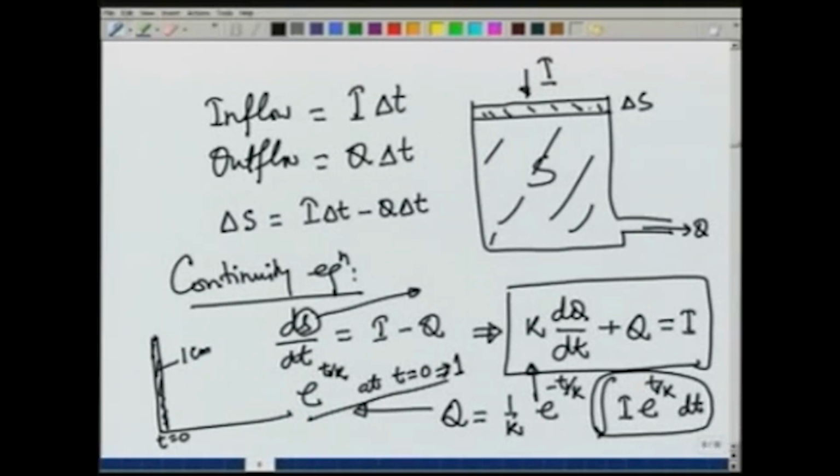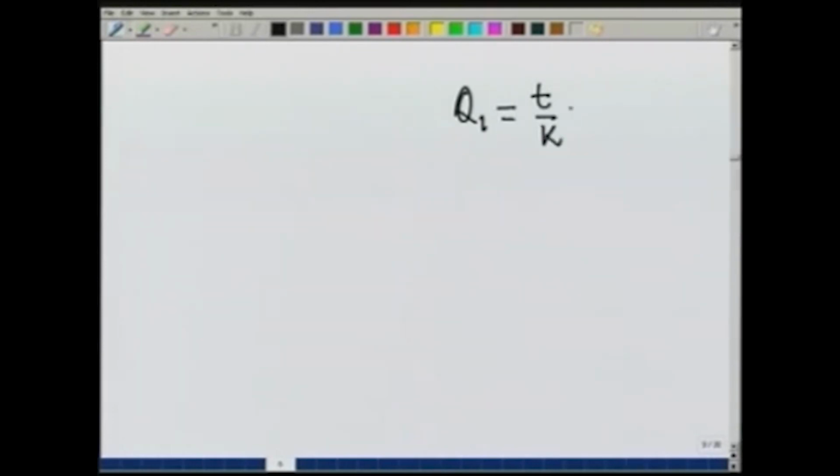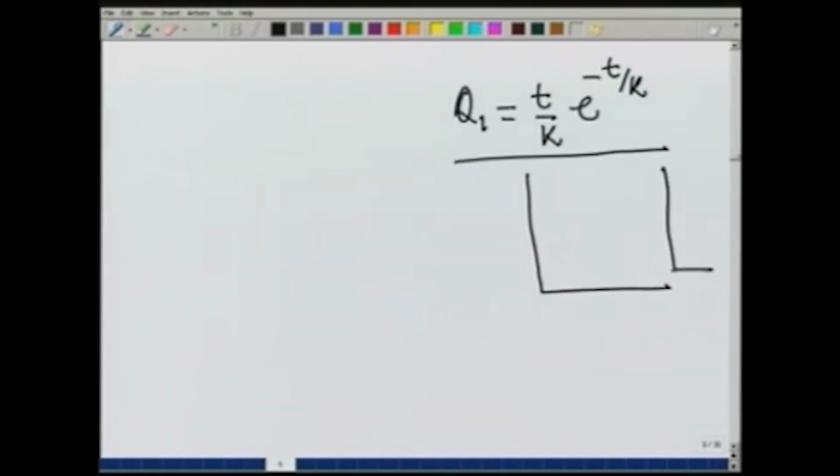So, the outflow from the first reservoir Q 1 is quite straightforward as 1 over k exponential minus t over k, and then we can apply this outflow as the inflow to the second reservoir, and now we want to find out what is Q 2. Equation is of course the same, the solution we have already described